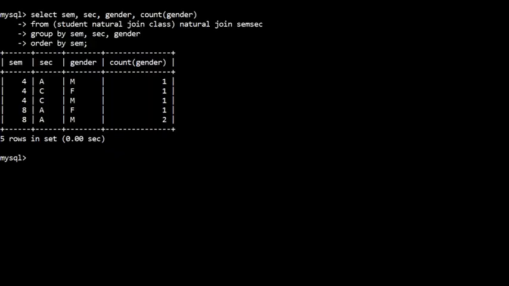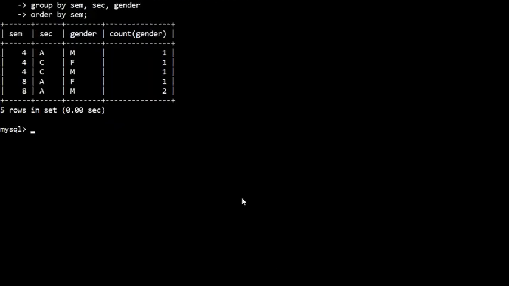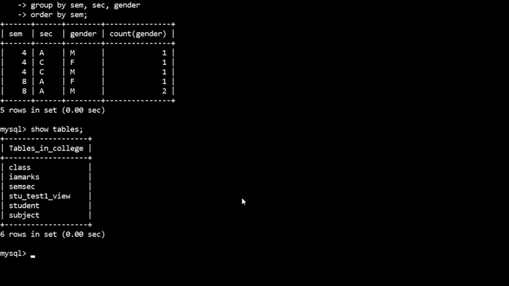Again we need to create a view, which I have displayed earlier. When you write show tables, it shows stu_test1_view. So this view I have already created, so I'll just create another view.